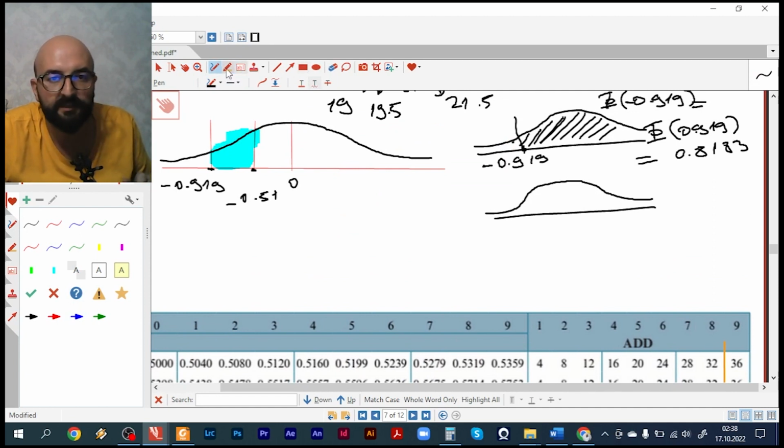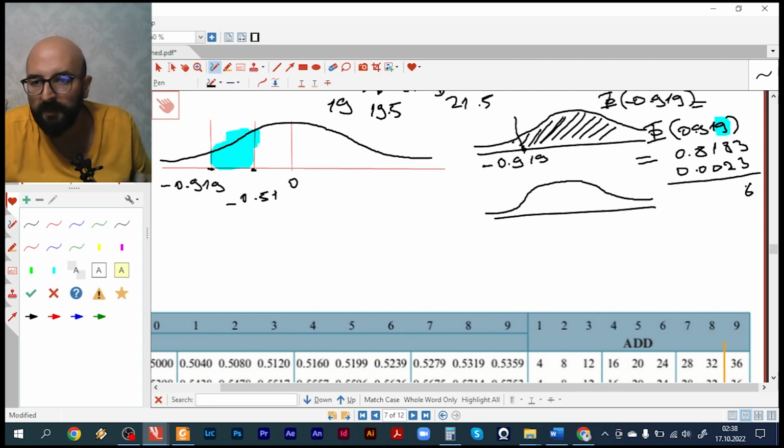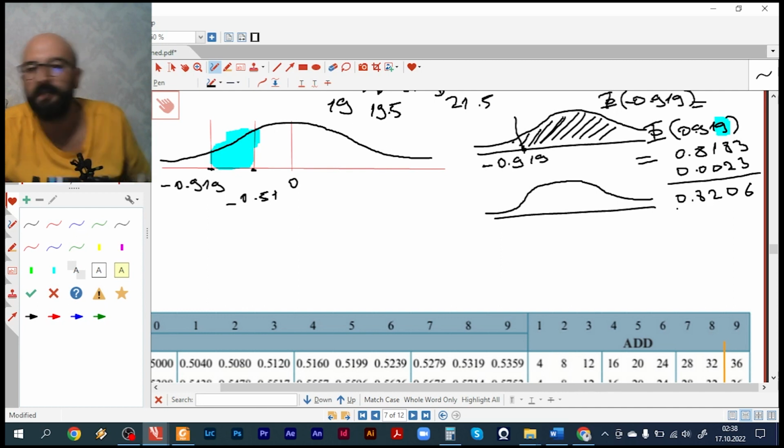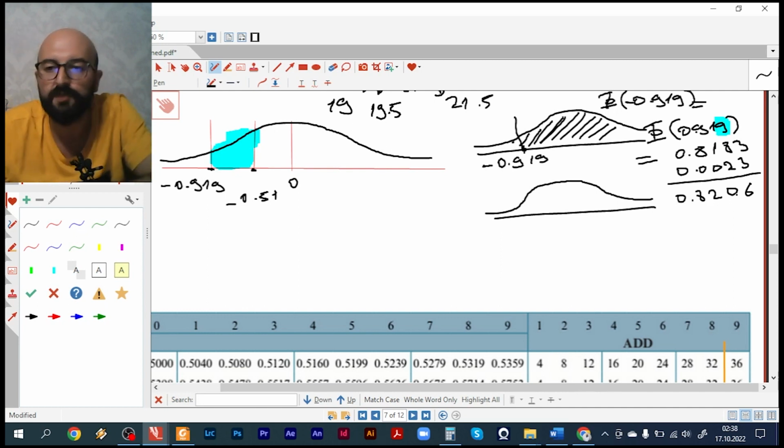The last digit 9 showed us 23. We should add 0.0023, and also 0.8206. Okay, and secondly, I want to find